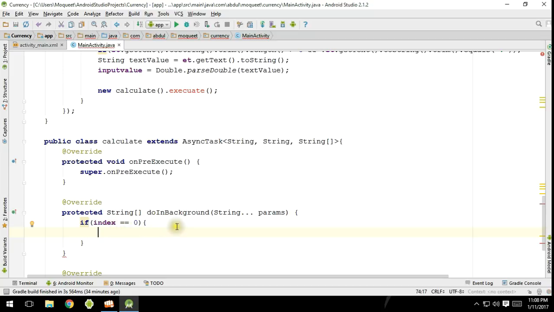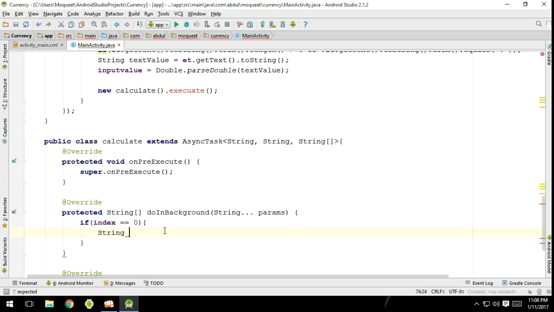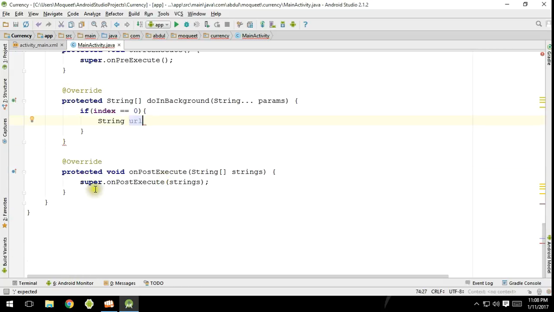it means if the user has selected USD, then what you have to do is create a string URL, string URL. I just forgot something. Let's just leave this like this and then go here,